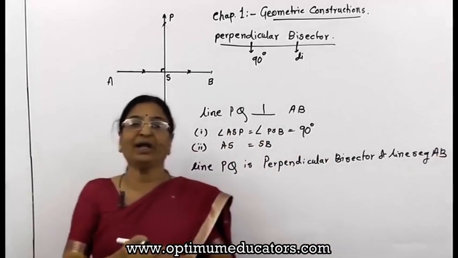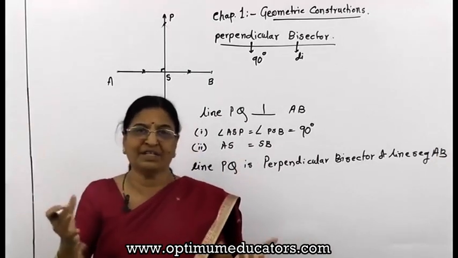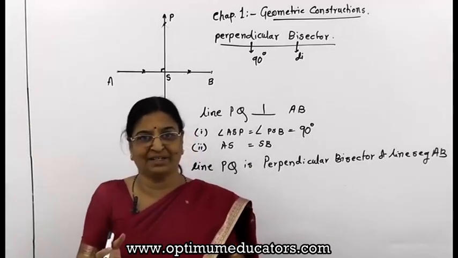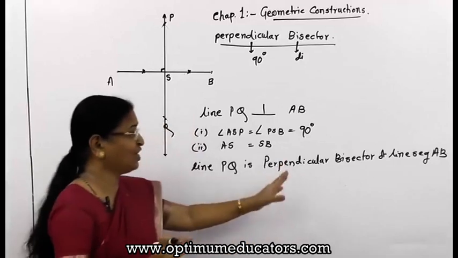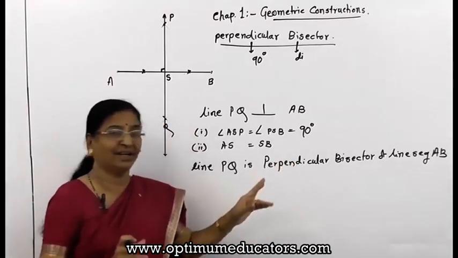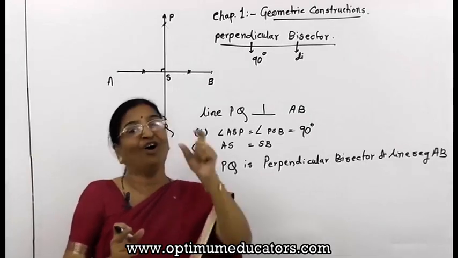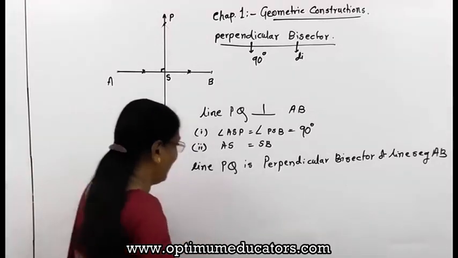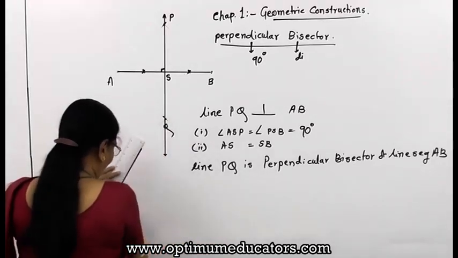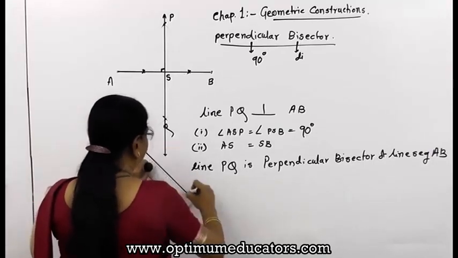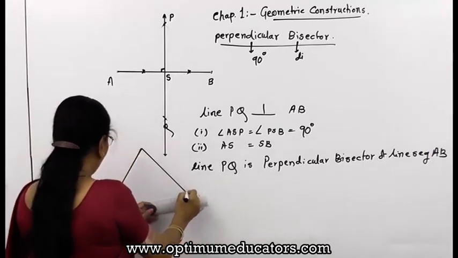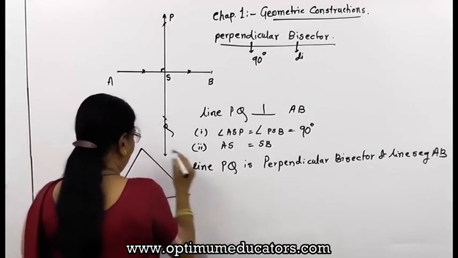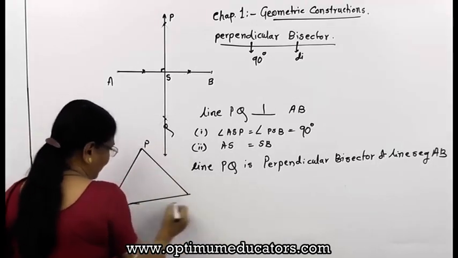See here, again we are in a position where different segments are given, and we are going to draw only the perpendicular bisectors. Because our basic idea is to draw perpendicular bisectors of the three segments of a triangle, because everything we want to learn is with the triangle. Suppose a triangle is given. I will draw it again, suppose the triangle PQR is given.